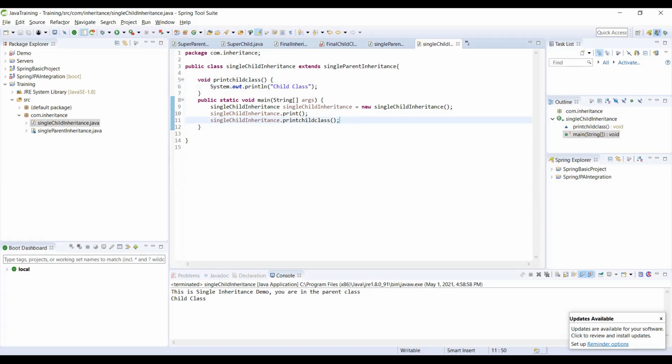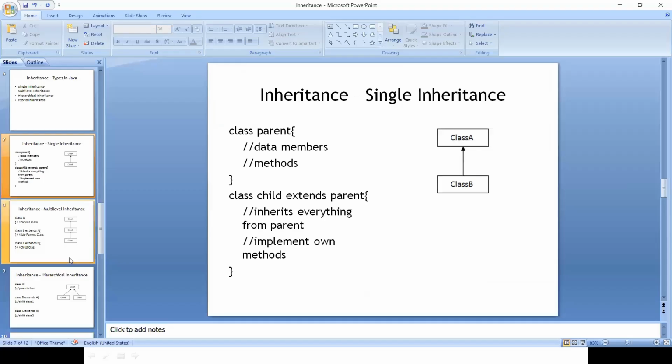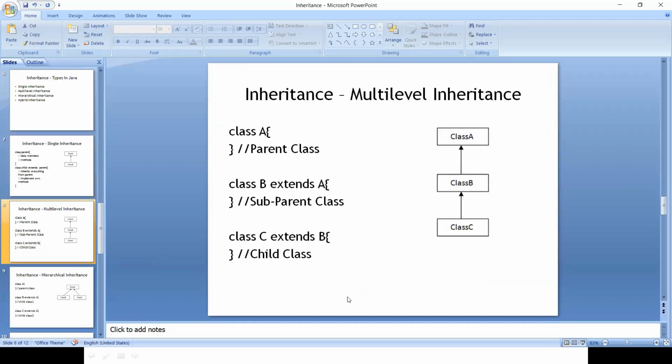Now let's go back to our discussion and see the next type of inheritance, which is multi-level. What is multi-level?